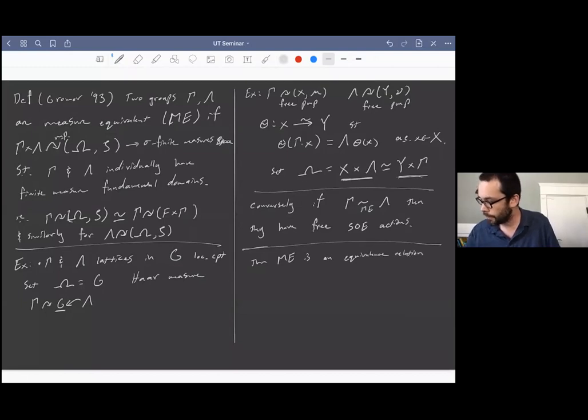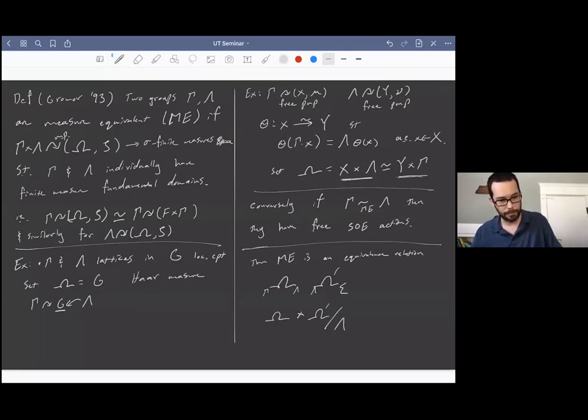And in fact, there's a natural thing to do if you have two couplings. So this is, say, a gamma lambda coupling, and this is a lambda sigma coupling. Then there's a natural way: you just take the product of omega and omega prime, but now you have lambda acting on this space diagonally, and so you can quotient out by the lambda action.